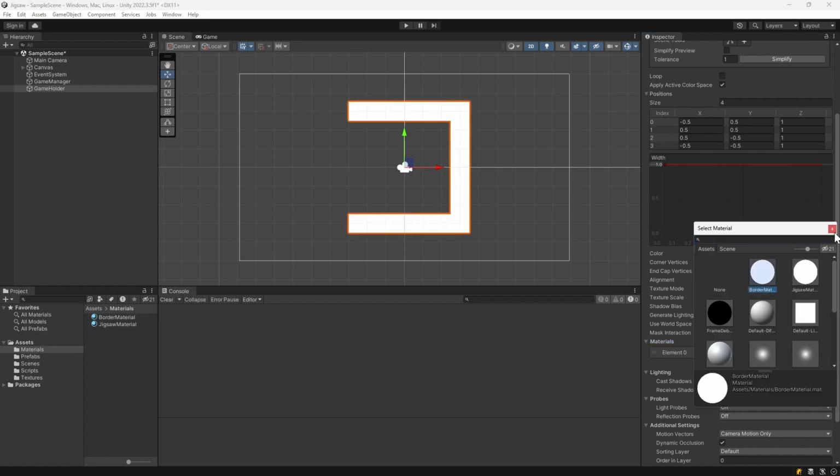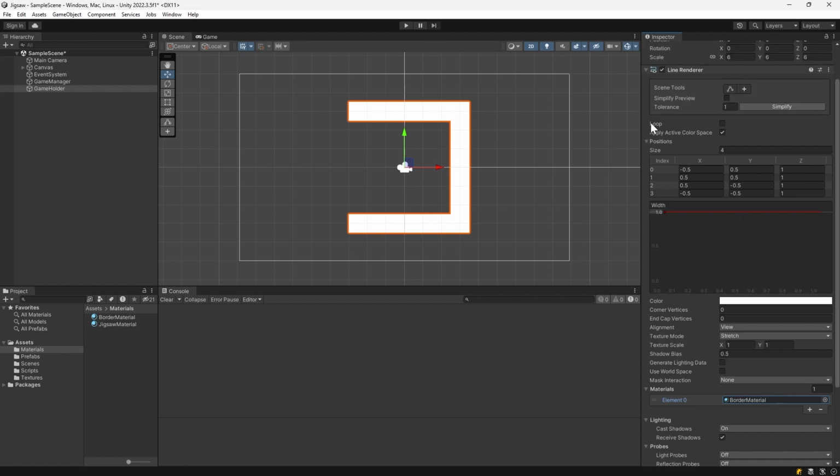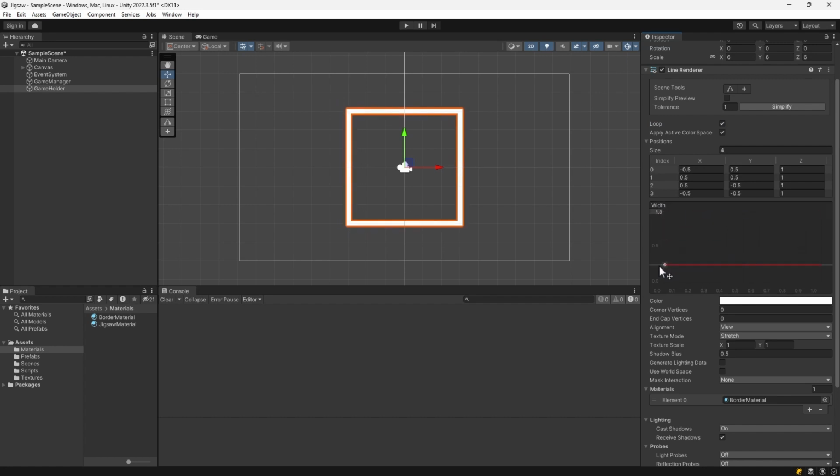Now the second problem is that this isn't a border because it isn't a closed loop. The line renderer doesn't automatically join the last point back to the start. To enable this, we check the loop option. Finally, it's obviously too chunky. We could change this here using this little graph. But I find this mightily annoying to get the exact value I want, so we'll ensure that this is set